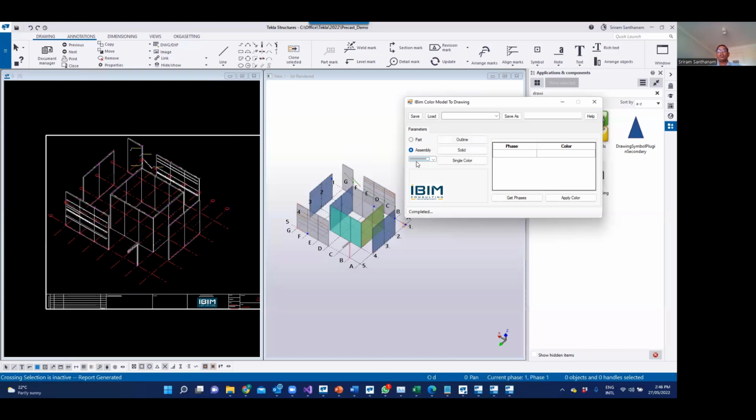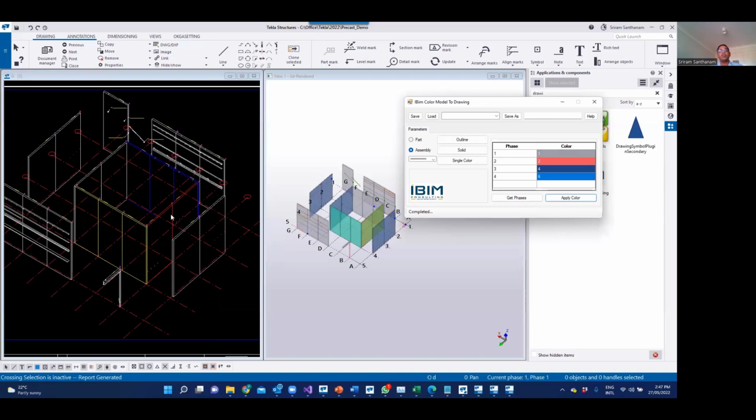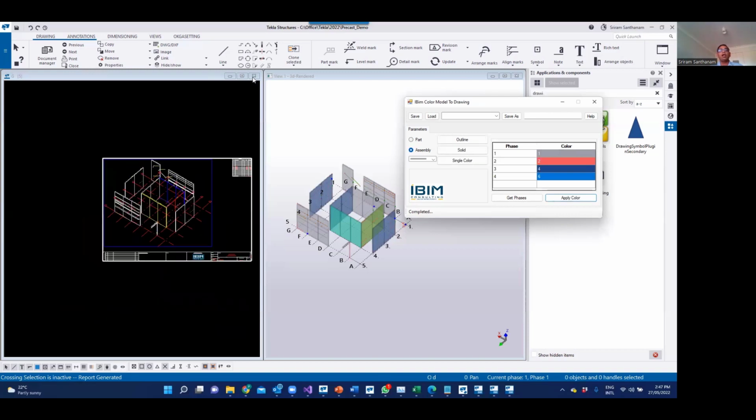So there are 4 phases in this model. So that's what you can see here. So I select, okay, the phase 1 color should be this, and the phase 2 should be, maybe I'm taking different colors now for phase 1, 2, 3, and 4. Okay, now once I apply this color, it will apply the color by phases. So here you can see, so we know this is phase 4 and this is phase 2. This is phase 3 and this is phase 2, right? And the next one is, what I'm going to do is,